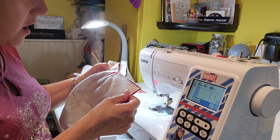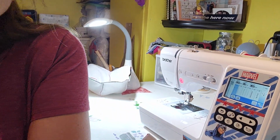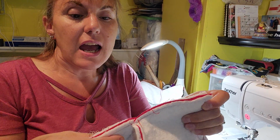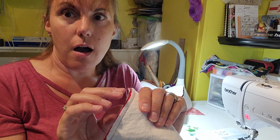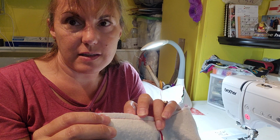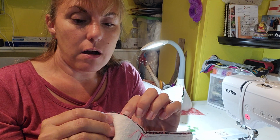Okay, so we have gone all the way around. What I like to do when I've gone around is take a look at both sides, especially if everything's not lined up 100%, because I just want to make sure that I haven't gone off the material, because then when you pull it through, you're going to have a hole. We left a